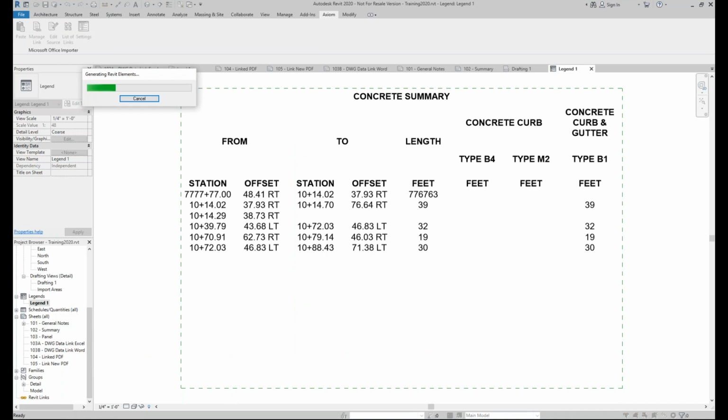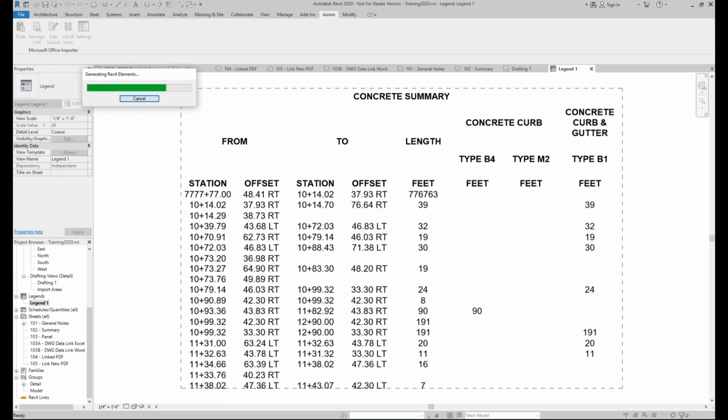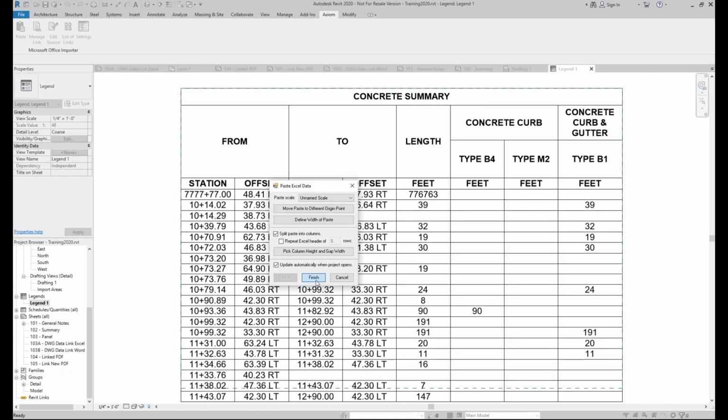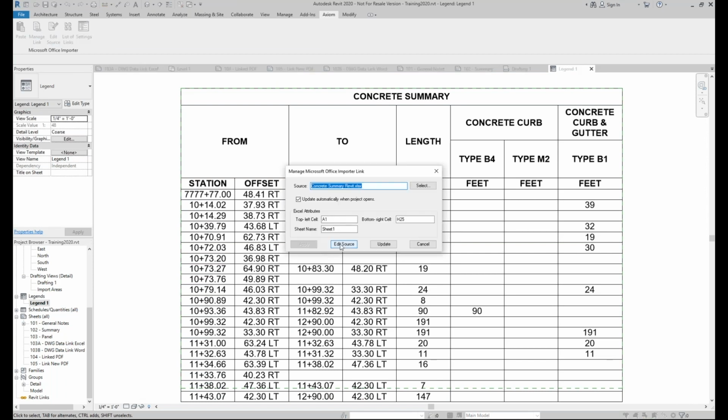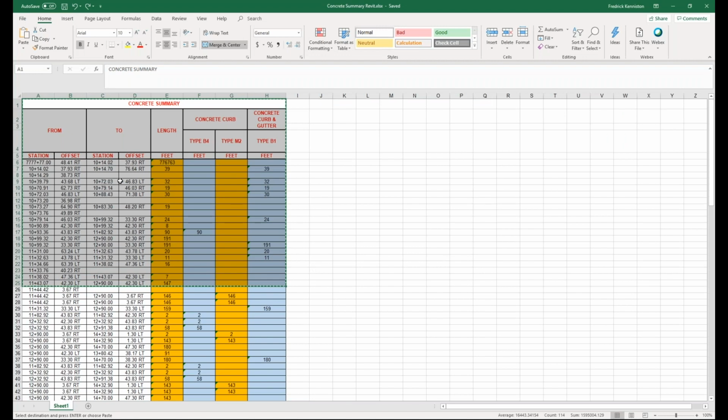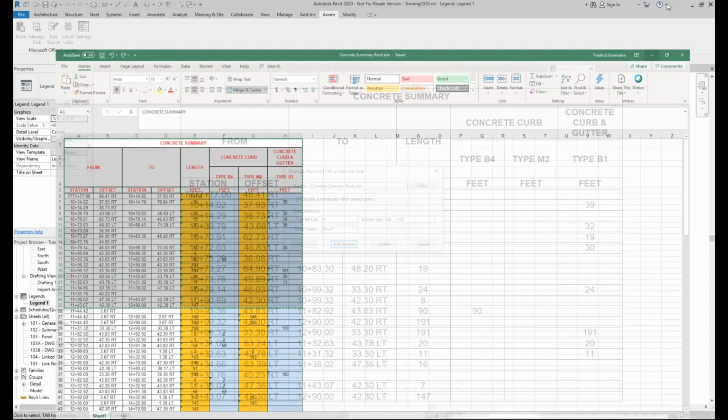And I just added some reference planes just to guide the placement here. And notice the formatting, it's text, notes, and lines. And this works the same way as far as I can click the Manage button, click Edit Source, it'll find the source file. I can make changes, and then based on the changes made,